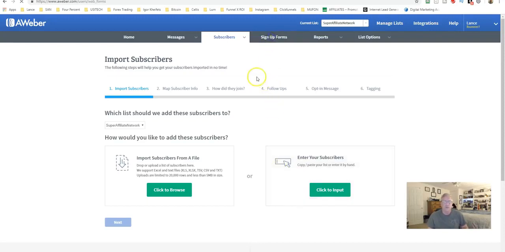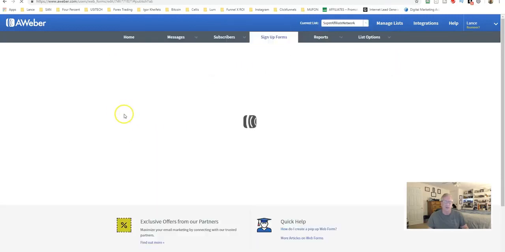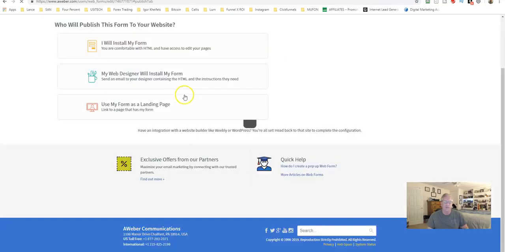All right, sign up forms. So when you create a form, you set the list you want to create the form for, and then you would go ahead and create a form. I'll give you a preview of one. Okay, well, I guess you're not going to see that with the pop-ups blocked, but we're going to check it out anyway.